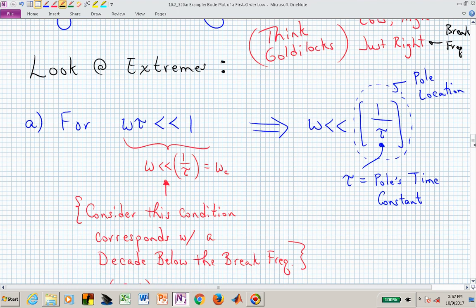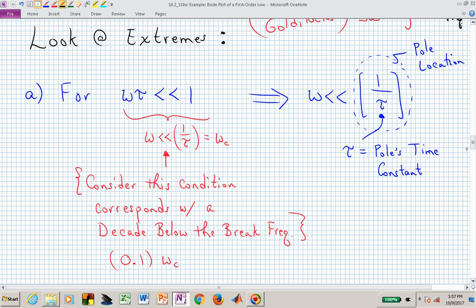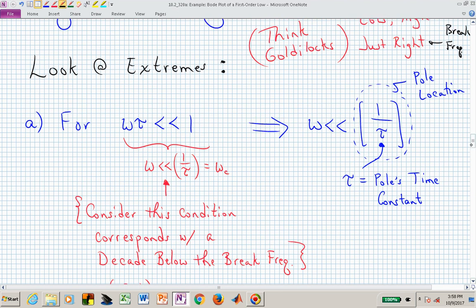What we are going to consider to being much less is going to be a factor of 10, and in this case, 1/10 of the break frequency. So consider much less being a decade below the break frequency, or 0.1 times omega sub c. If we now look at what this is,